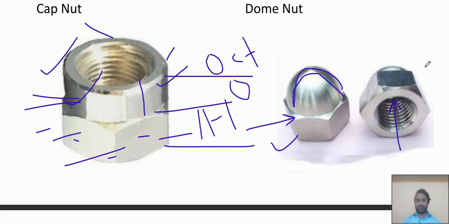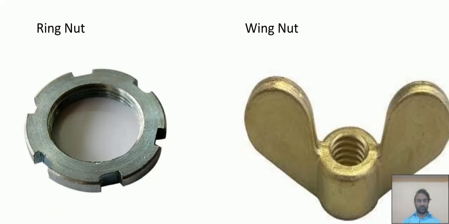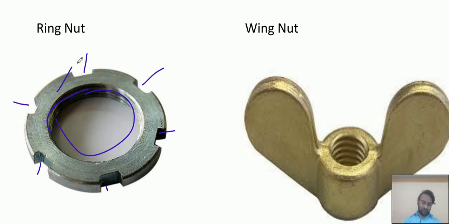So next is the ring nut. You see, the ring nut has this shape, with internal threads here, and grooves are cut at the side of the ring nut. So how will we open it, like this? We will insert the tool and we will unlock it. This extended part will fit in the groove, and we will use it to rotate it.